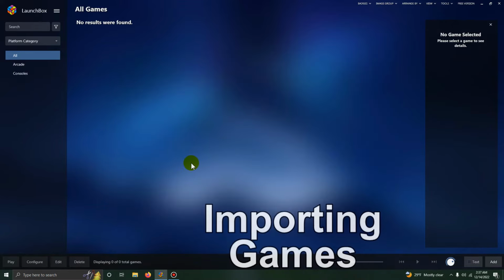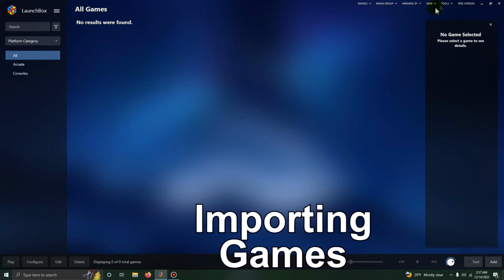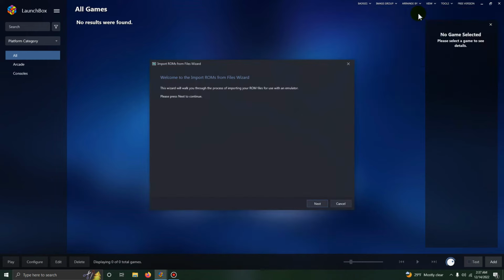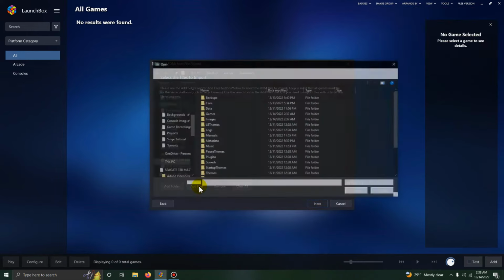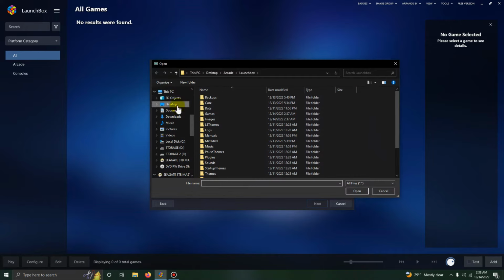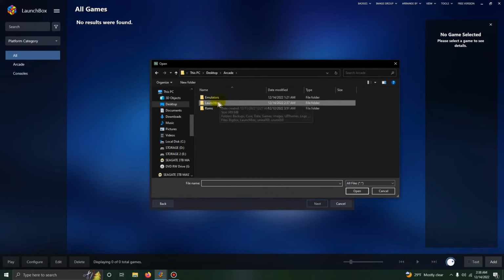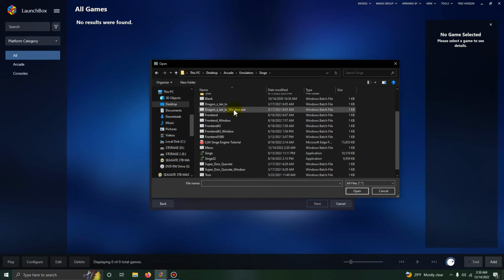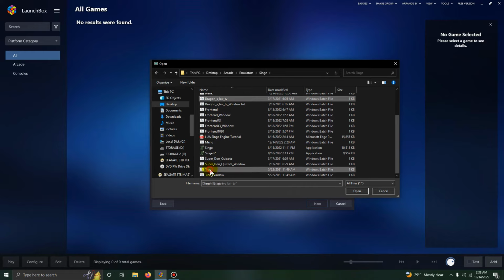Now it's time to add the games. We're going to go up here to the right, we're going to go to Tools, Import, ROM Files. I'm going to click Next, I'm going to click Add Files, and I'm going to direct it to my arcade folder, emulators, Singe, and then you select your versions that you would like to add to Launchbox. I'm using all 3 full screens, so I'm going to pick Dragon's Lair TV full screen, my Tron, and my Super Don Quixote. I'm going to click Open,